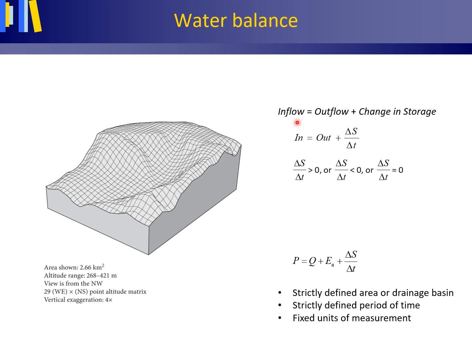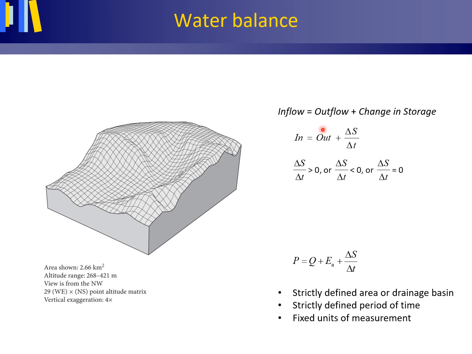Now, the water balance is basically the bookkeeping of the volumes of water per unit of time that is entering the system, inflow, or that is leaving the system as outflow, or that is leading to a change in storage in the system in that same specified period of time. So when your inflow, volume of water per unit of time, is larger than your outflow, volume of water per unit of time, then water is taken into storage in the system over that same period of time. And your change in storage, delta S delta T, is positive.